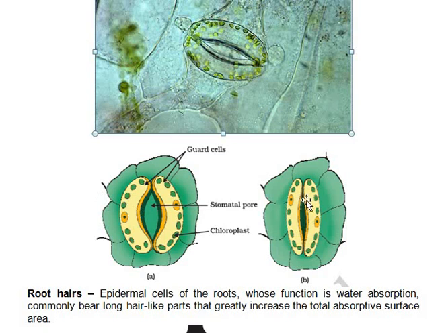If we look at the diagram, guard cells regulate the opening and closing of the stomata. In each guard cell there are many chloroplasts and one nucleus. Its inner margin is thicker, its outer margin is thinner. When water goes into the guard cells, these guard cells get turgid, and due to their turgidity or swelling, the stomatal pore opens. And when water moves out of the guard cells, they get flaccid, and due to their flaccidity, the stomatal pore closes.